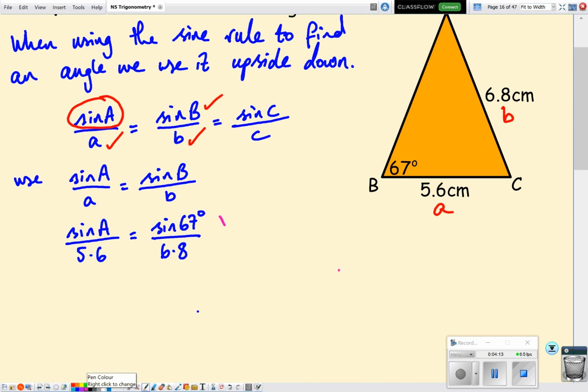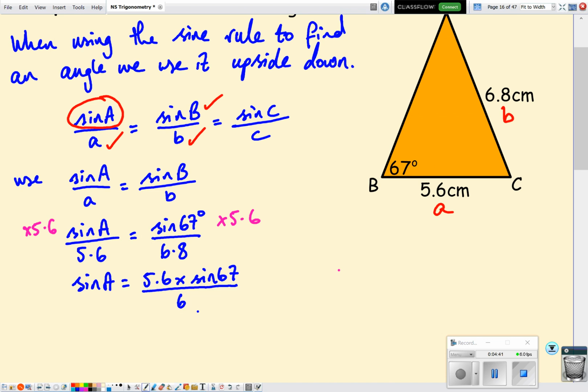So what I'm going to do is just multiply both sides by 5.6, and that gives me sine of A is equal to 5.6 times sine 67